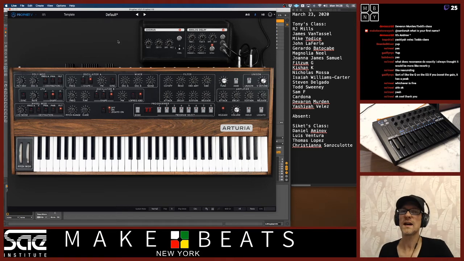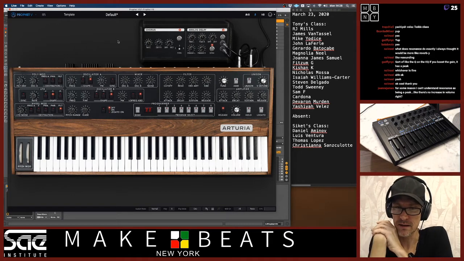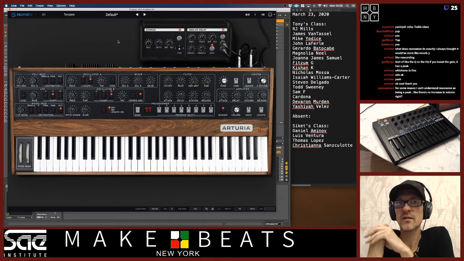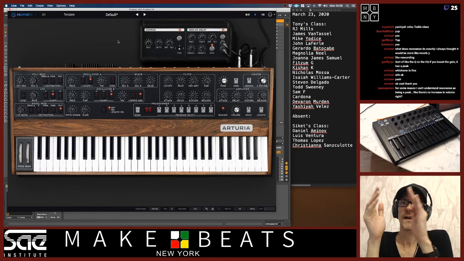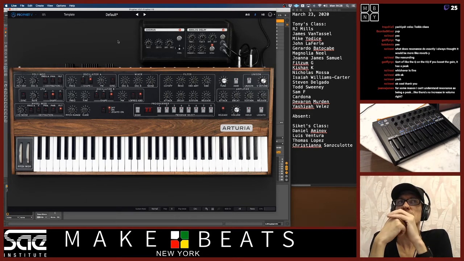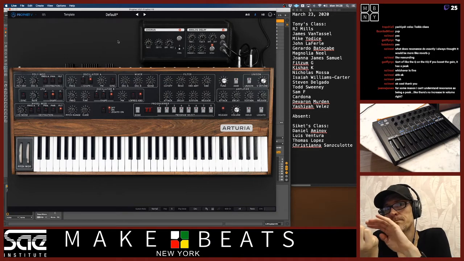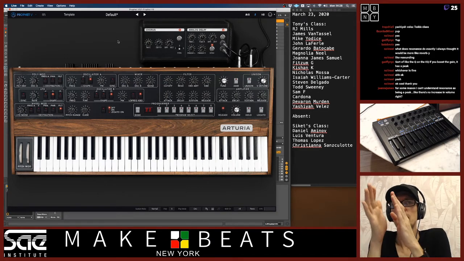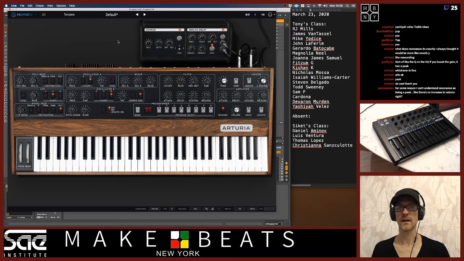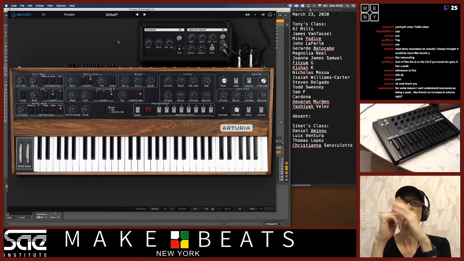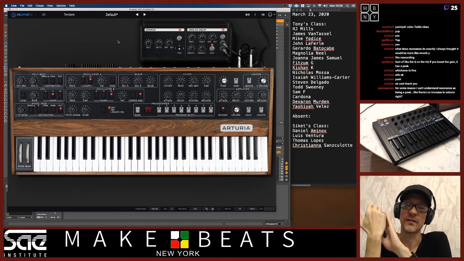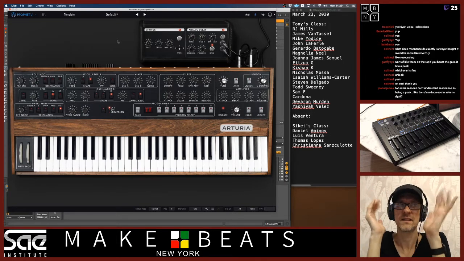Now, we kind of started a little bit backwards just because I wanted to give you a real brief introduction into synthesis. For some reason, I can't understand resonance as being a peak, like there's no increase in volume. There is an increase in volume, but it's at a very specific frequency, so it's not going to turn the volume up overall. It's going to just turn up that specific point in frequency. So just that frequency will get louder. It's a very narrow amount. But when you turn it up a lot, it makes it very peaky. It gets really annoying, actually.